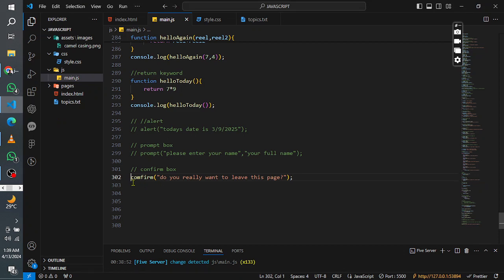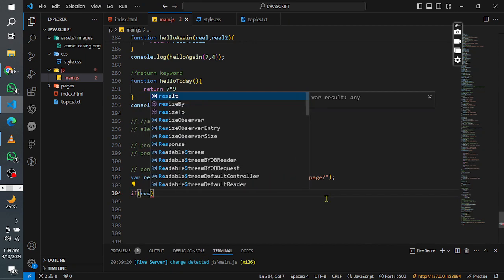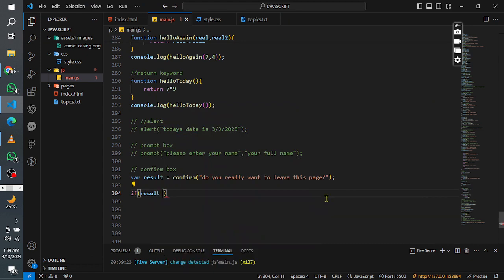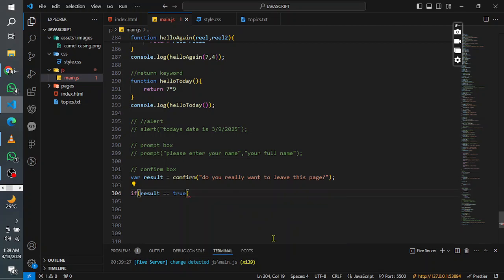I'll put this into a variable and say var result equals this, and I'll also add an if statement. I can say if result is equal to true, which is a boolean for true or false. So this is a keyword here. If this is true, that is, if users are clicking OK,